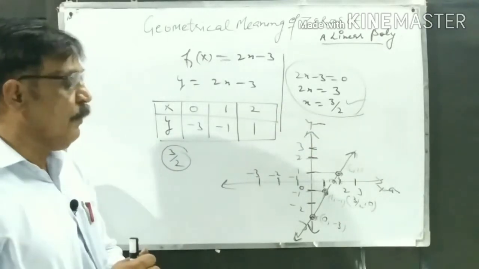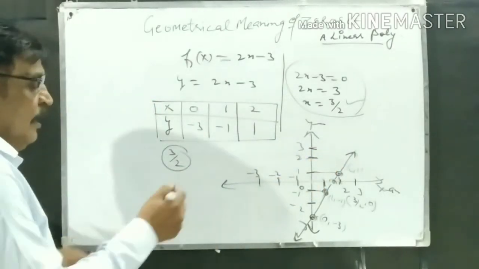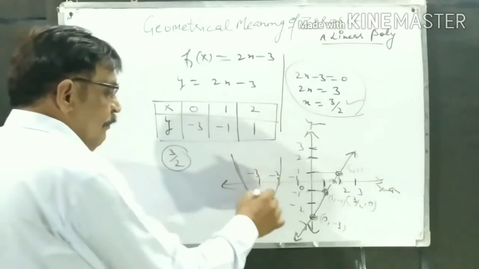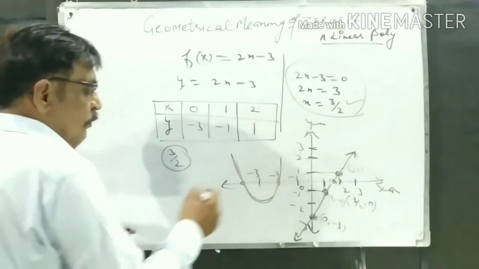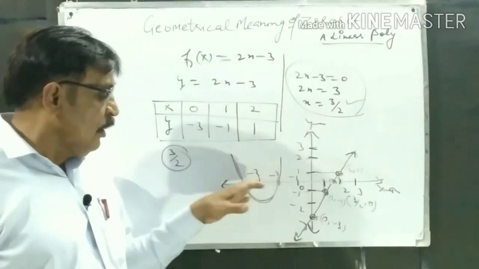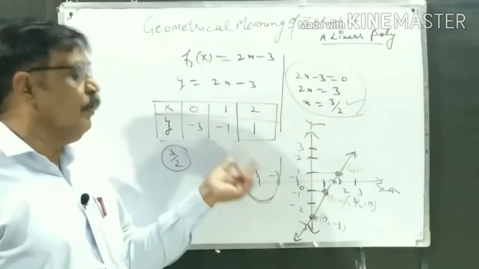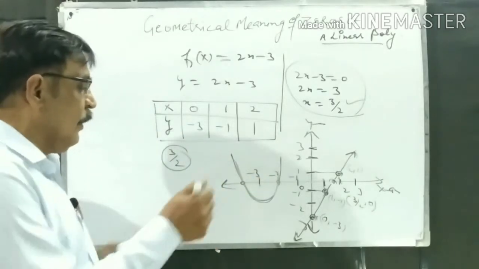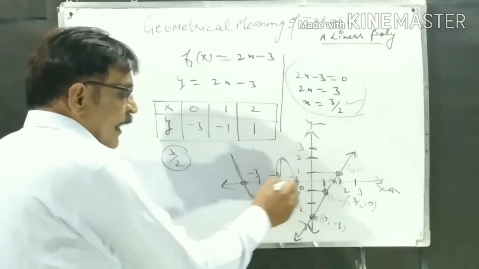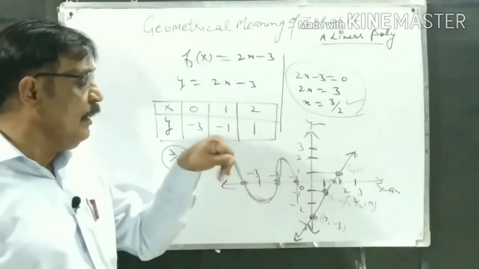If we consider the graph of a quadratic polynomial, it may have at most two zeros. In a quadratic polynomial you may have a graph like this, a parabola type graph. It means that the parabola will intersect the x-axis at 2 points. This point as well as this, both will be considered as zeros of the quadratic polynomial. For example, if we are given a cubic polynomial, we get a graph like this. Then the x-axis is intersected at 3 points. These 3 points will be known as zeros of the cubic polynomial.